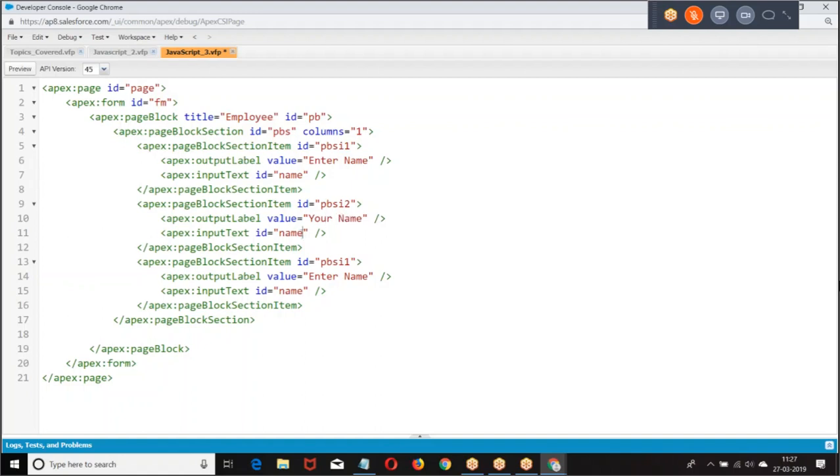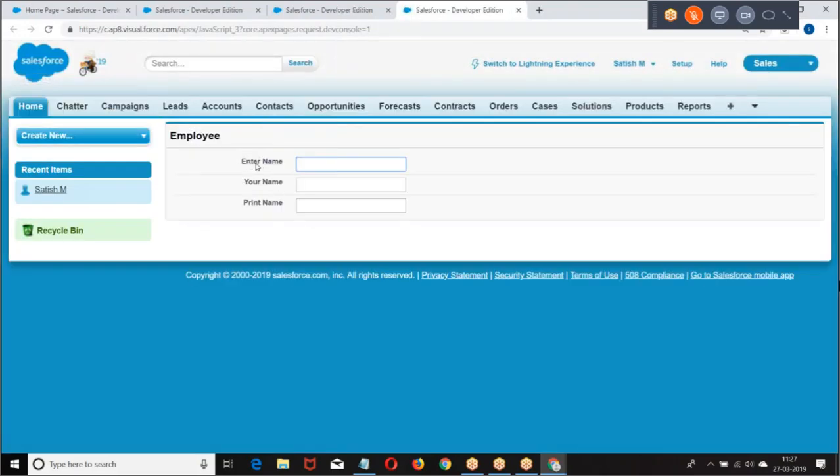Try to understand this. Page block section item. Your name. So look at this, what did I create? A simple page block with a page block section item. Enter name, your name, print name.